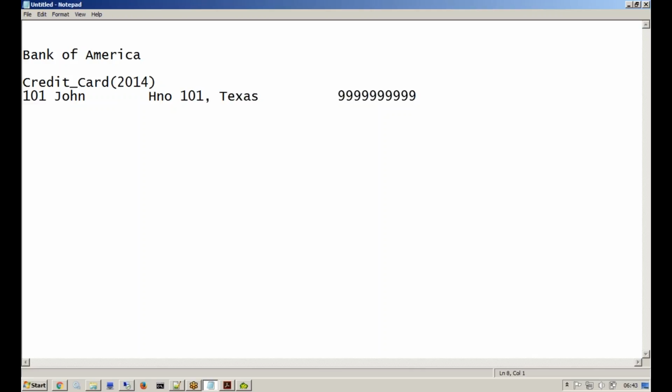Now let's see how MDM comes into the picture here, and how MDM will help the bank in finding the address and the contact details of the person. So we'll implement an MDM solution. Let's say the company has decided to go with an MDM solution, and